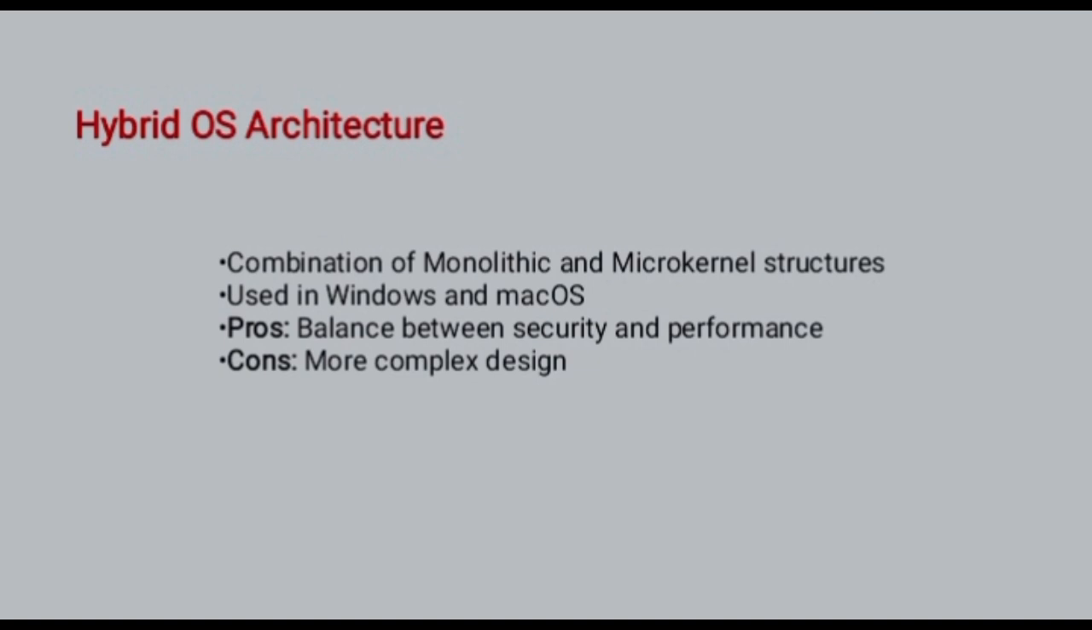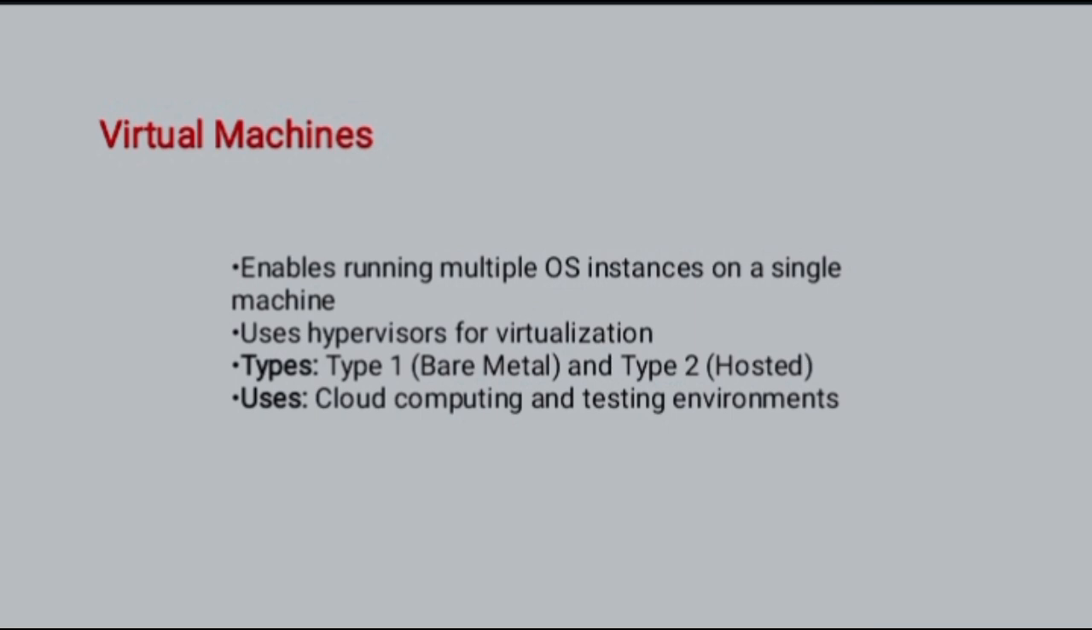However, the resulting design is more intricate and complex than either of the pure architectures. This slide explains virtualization. Virtualization lets you run multiple operating systems simultaneously on a single physical machine. It uses a hypervisor, which is the software layer that manages these virtual machines. There are two main types. Type 1 hypervisors, called bare metal, run directly on the hardware, while Type 2 hypervisors, hosted, run on top of an existing OS. Virtualization is widely used in cloud computing to share resources and in testing environments to easily create and